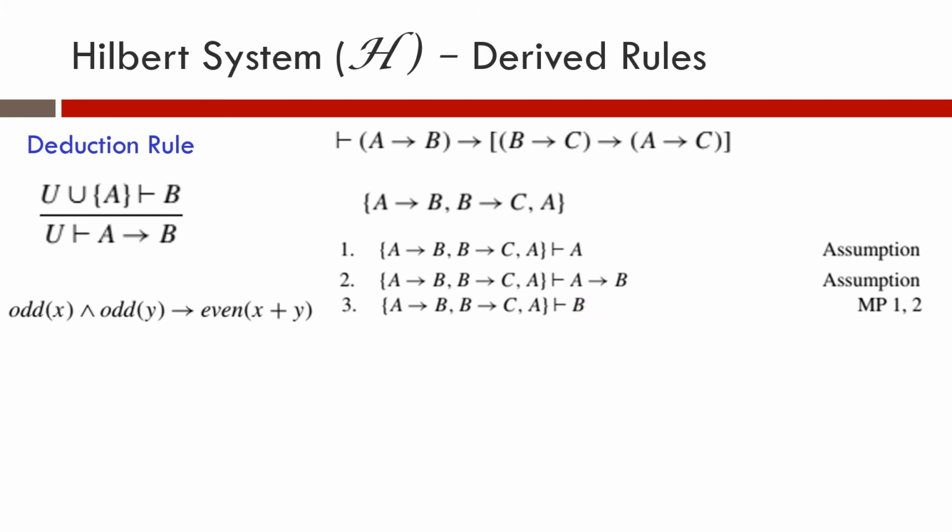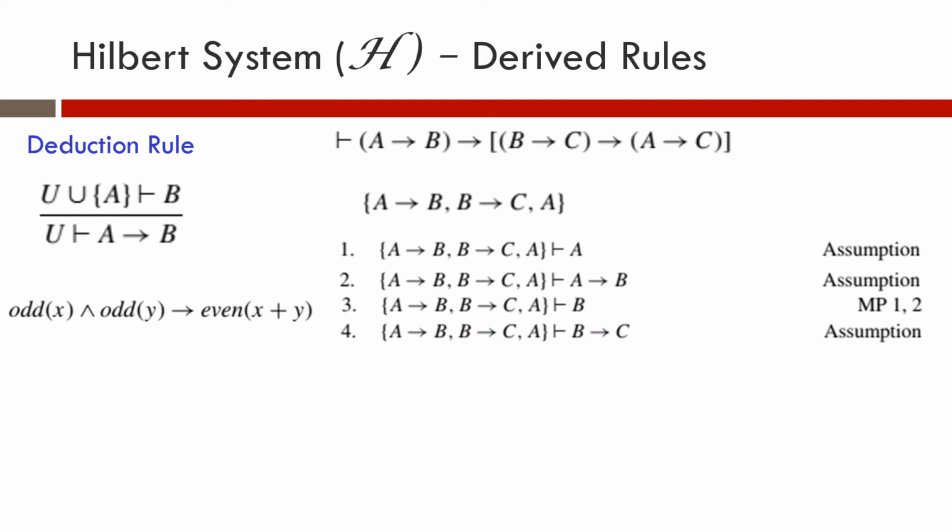Okay, and our intention is to get this C. So next what we do is, we again make an assumption that B implies C is provable. With this set of formulas, we can infer that B implies C is provable, which is an assumption. We have already assumed that all these formulas are proved. So B implies C is proved.